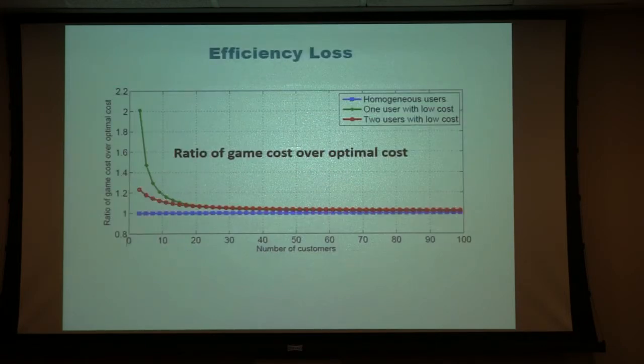And then we look at this simulation. Exactly what is the gap between the game cost and the optimal cost? The two costs are at equilibrium. As you go, you see very quickly it goes to the same, with the number of customers. Not exactly the same, here you always have some deviation, but it's almost close to one.